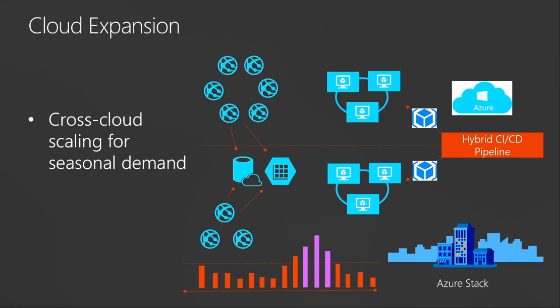So what we did is we helped them create this combination of the application on-prem, and then we put in front of the application a load balancer and a trigger with Azure Functions. A trigger that will basically measure the incoming flow of traffic and flip the load balancer between the private cloud on Azure Stack and the public cloud on Azure, depending on when the incoming requests were above a certain threshold.